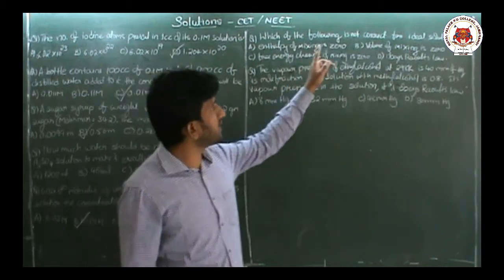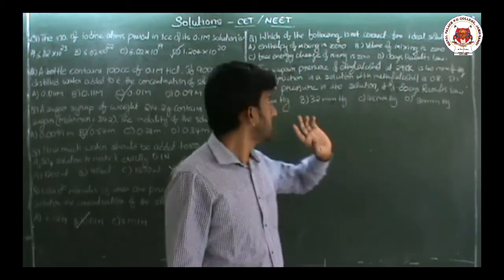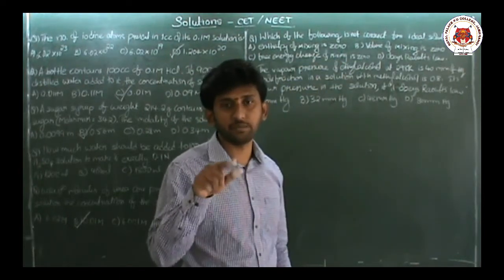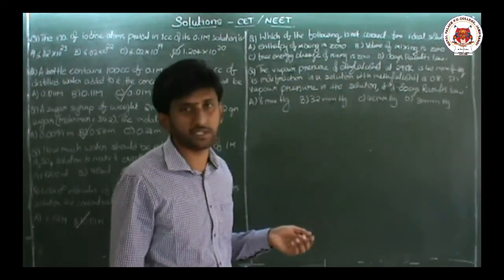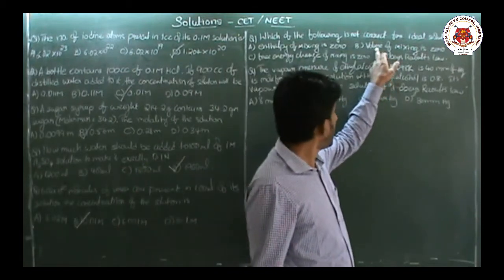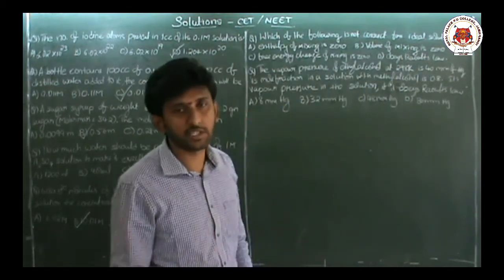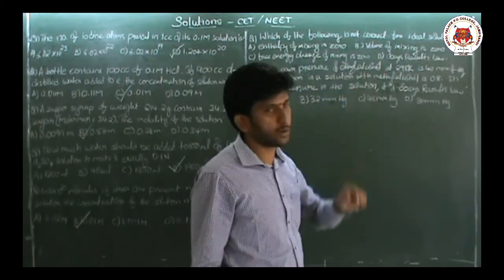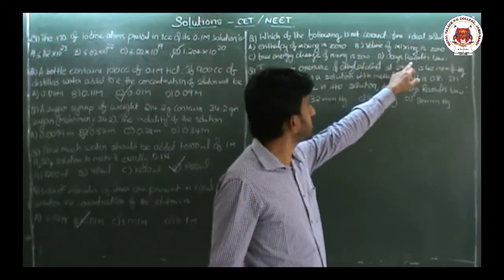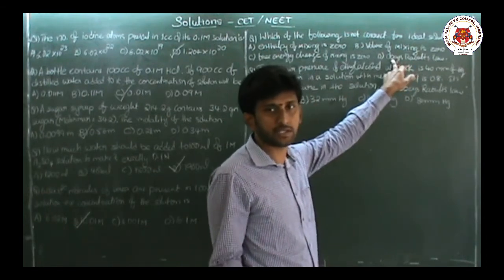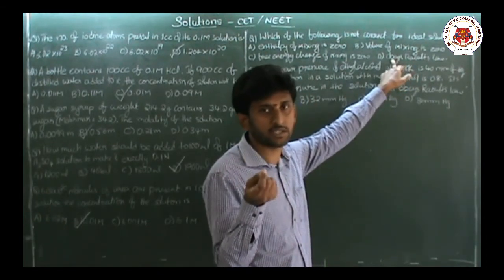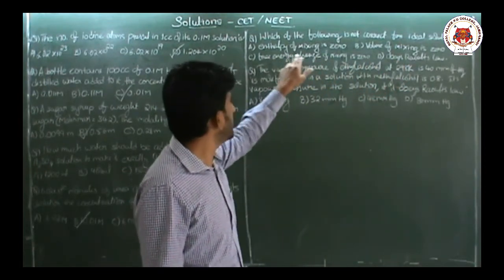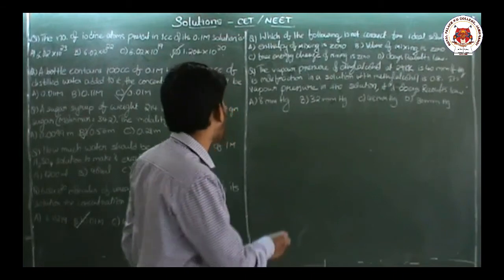But they are saying which one is not correct for ideal solution. Option 1 is enthalpy of mixing is 0, means delta H mixing is 0. Delta H mixing 0 means ideal only. Next, volume of mixing 0 is also ideal condition. Option 4 obeys Raoult's law. All those solutions which obey Raoult's law are again ideal. So what remains to check is free energy change of mixing is 0.